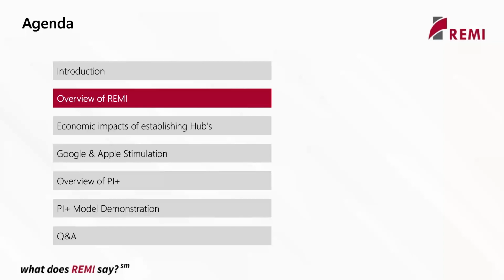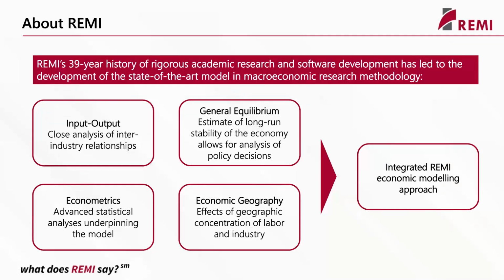So with that being said, you may be wondering, if you do not already know, who exactly we are. For close to 40 years, we have been the gold standard in economic modeling for the simple reason that we combine four significant levers within our model, which include input-output capability, econometrics, economic geography, and the general equilibrium equation. So this allows us to not only measure inter-industry relationships, but also to back this with statistical analysis to understand how this is going to impact economies in the long run,